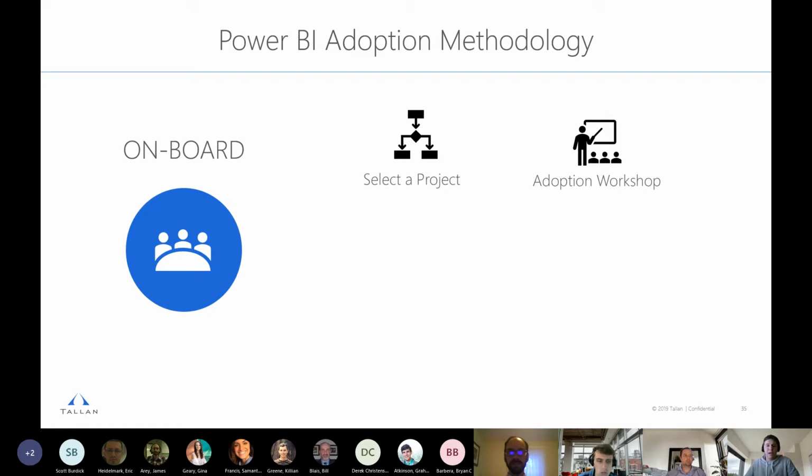Then you could start to roll out some adoption workshops. Now these are important as they typically shadow the project that you're working on, and they allow people to get their hands on the report early. So you can begin getting feedback from them, and you can explain the implementation, the rollout, and the support process that will be with this project as well. Kind of what I mentioned before, if there are any data quality issues, you could bring those up at this point in time.